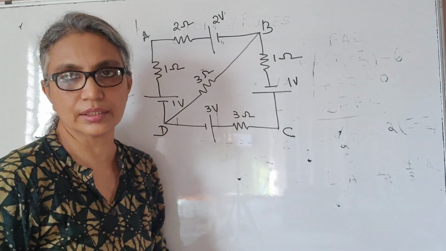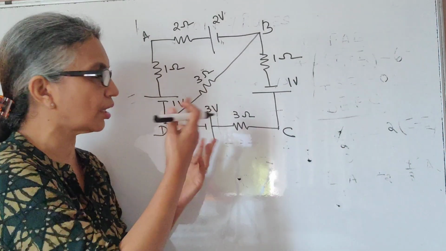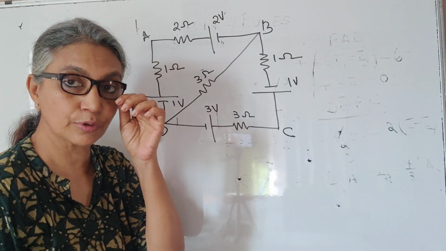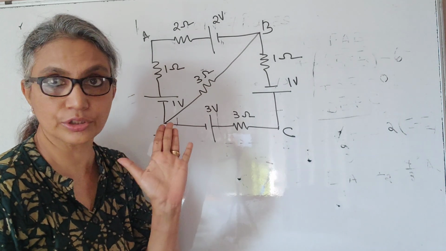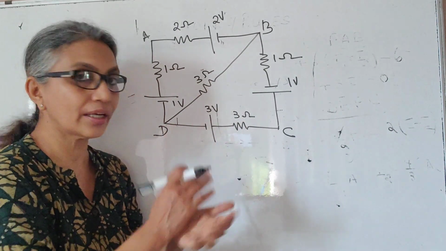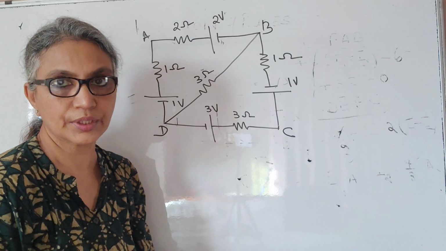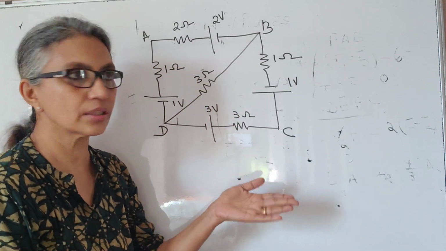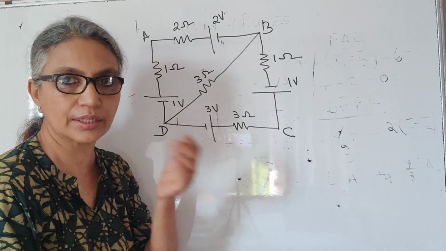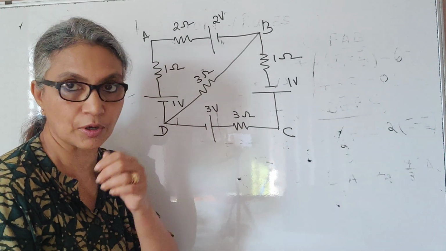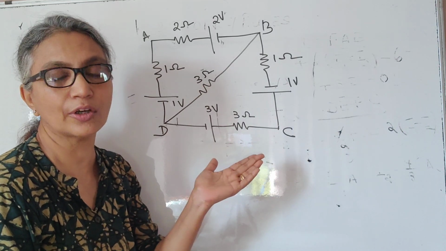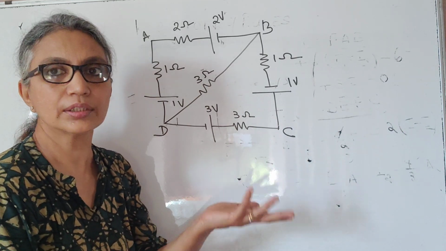Now while you mark currents, you don't have to worry. You can mark your current direction as you like. It doesn't matter at all, except that you have to follow Kirchhoff's junction rule. But in what direction you take the current, that's up to you. Now if you've taken the direction correctly, then your answers will be positive. I1 and I2 and whatever you're finding out will be positive. Suppose you have taken the direction of current exactly opposite to what it actually is,